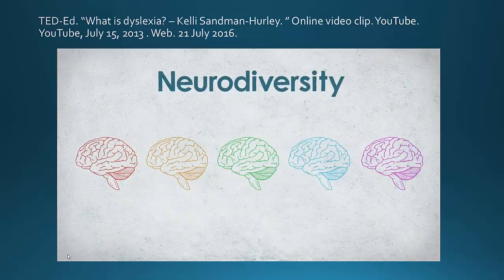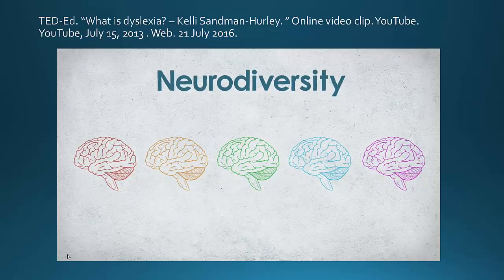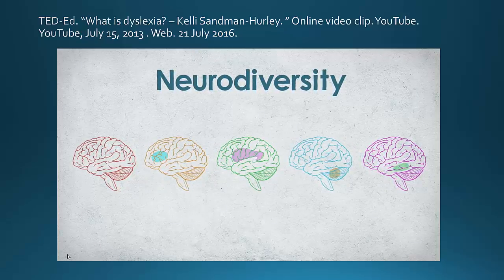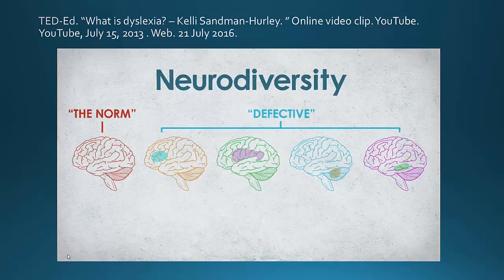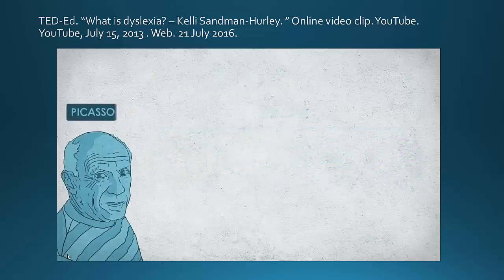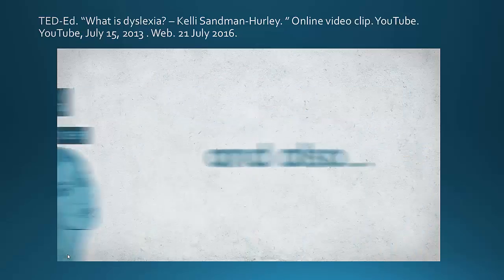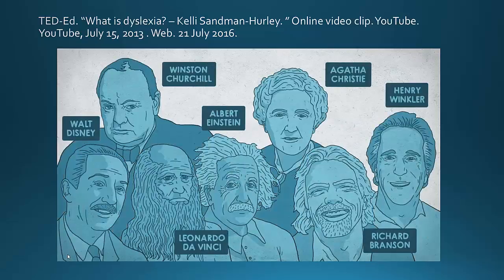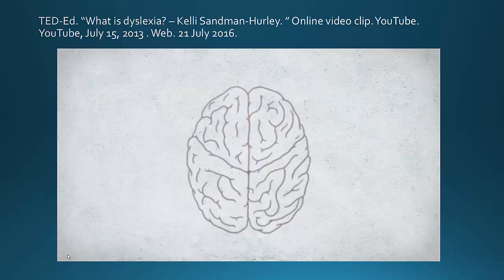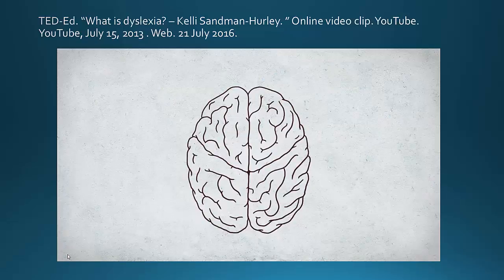Neurodiversity is the idea that because all our brains show differences in structure and function, we shouldn't be so quick to label every deviation from the norm as a pathological disorder, or dismiss people living with these variations as defective. People with neurobiological variations like dyslexia, including such creative and inventive individuals as Picasso, Muhammad Ali, Whoopi Goldberg, Steven Spielberg, and Cher, clearly have every capacity to be brilliant and successful in life. So here's the special way the brains of those with dyslexia work.